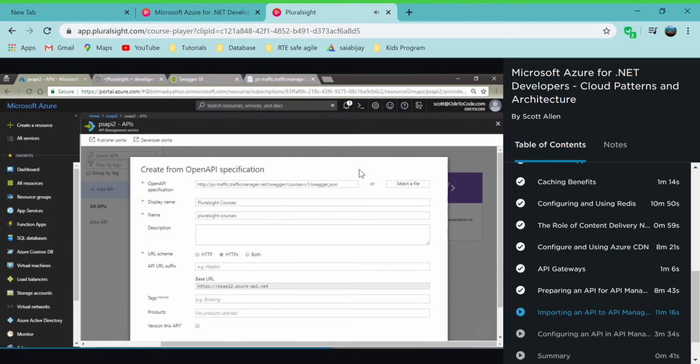Once I move the focus off of that input, behind the scenes, Azure is going to go out and read my Swagger file. You can see it's already populated my display name and my name. I can add here a description. I can say I would allow this over both HTTP and HTTPS. I would caution you against using non-secure HTTP because clients will send confidential information in the HTTP,